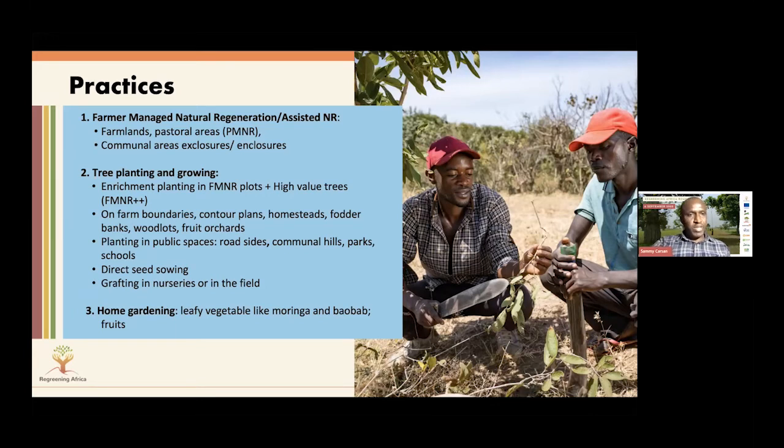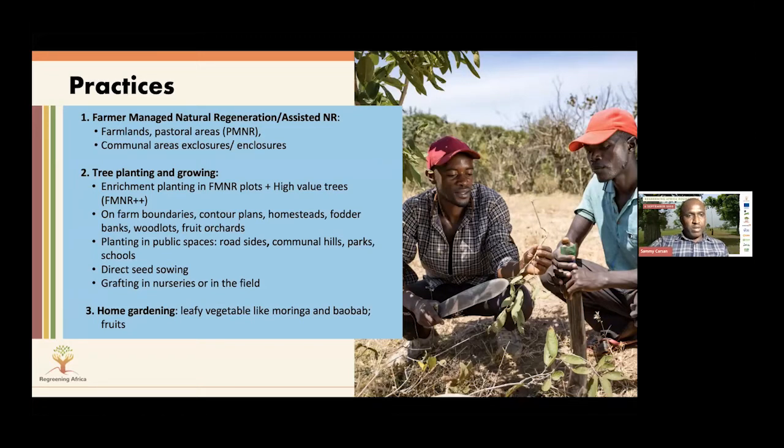So we are looking at opportunities and niches we can include along contours, along homesteads, and also trees serving as fodder banks, woodlots, and fruit orchards. We've been approached by a lot of stakeholders to support public area planting, roadside planting, community areas, communal hills restoration, and parks, but we've also tried to adapt a lot in terms of accelerating planting activities